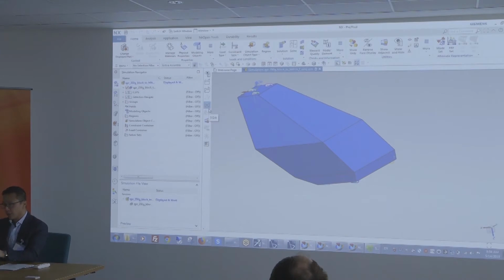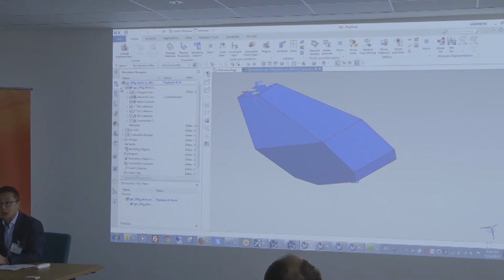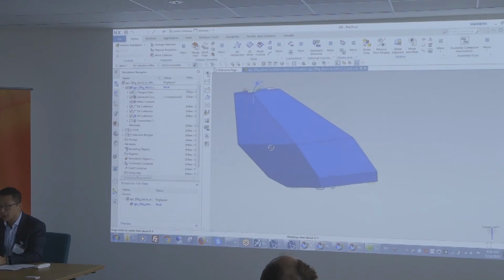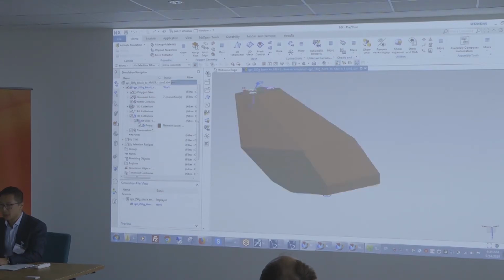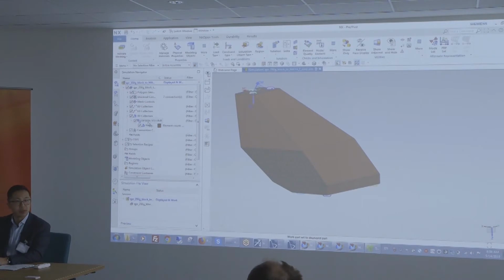Okay, so I'm not sure if you've noticed here, but I'm now in a new environment. That's the simulation environment. It's pretty seamless. If there are any modifications that need to be done to the mesh, all you have to do is go back here, and now you see the top ribbon. So you can go back and edit the mesh, and everything is saved, so you can easily modify it.